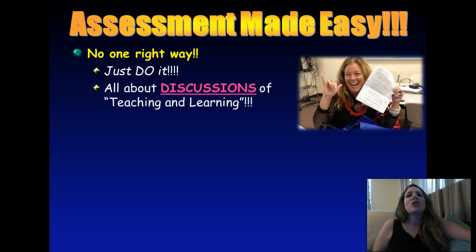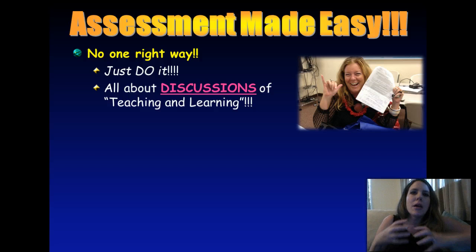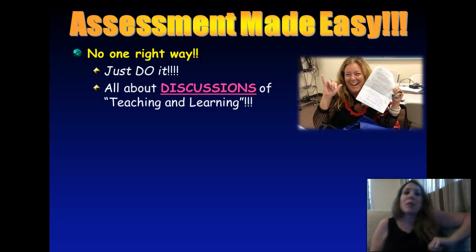And that means that you're looking at your courses, you're looking at how your students are doing in meeting course learning outcomes, CLOs, and you're taking that information and dialoguing, having discussions with your colleagues of teaching and learning. Meaning you're taking how the students do and you're discussing, well, what does it mean how they're doing? We're not so interested in are they doing well or are they not doing well, but how can the curriculum process be improved with the results that we're getting?